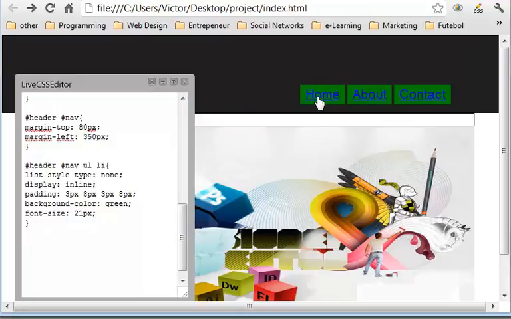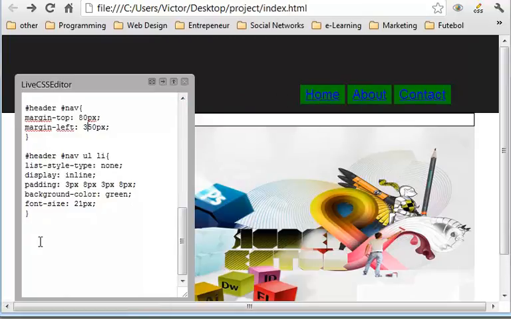Okay, that's it. So we now have the 3 links. We have to style them a little bit more yet. So now what I want to do is create an effect so whenever I hover the links, they will change color. Okay, so the first thing I'm going to do is put the header nav A, which are the links. Okay, and here what I'm going to do is take these lines out below the names of the links, and to do that we type text